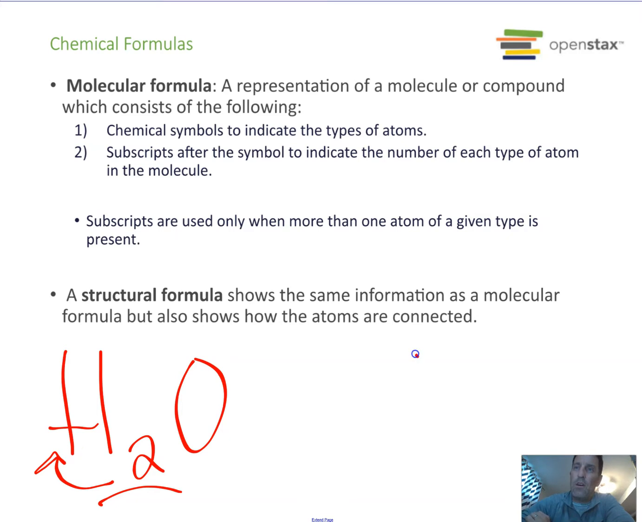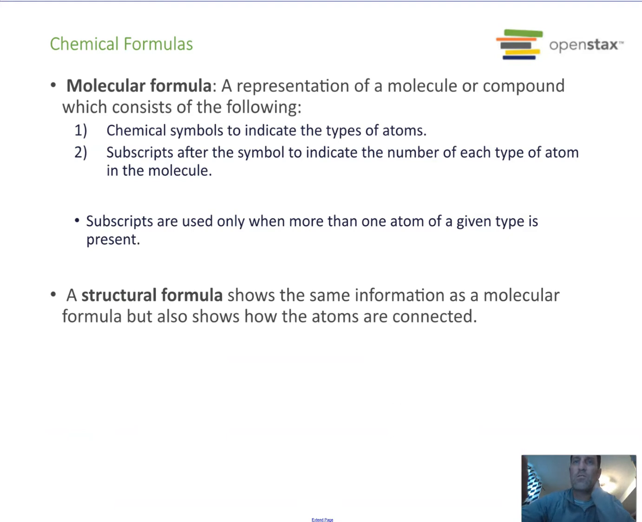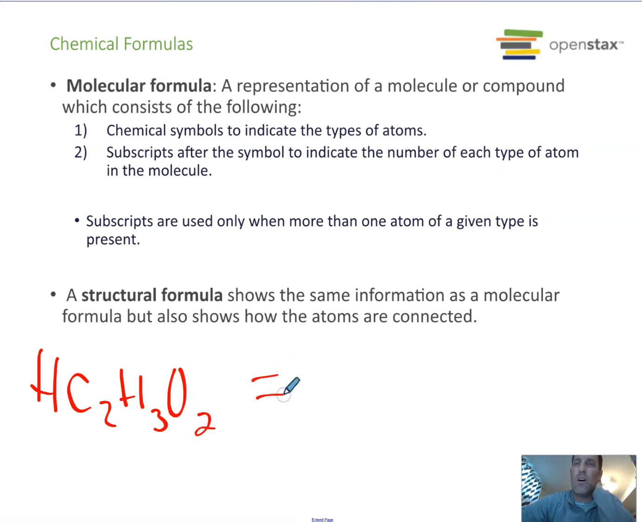So carbon monoxide is CO. We don't put C1O1. We only use it if there's more than one. A structural formula shows the same information as a molecular formula, but also shows how the atoms are connected. So an example of that is acetic acid, HC2H3O2. You will often see it also as